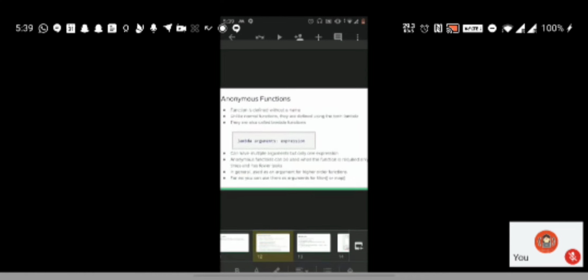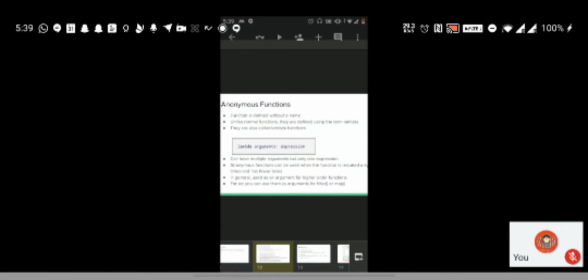I think we haven't discussed this before, so we'll take an example after this, but you can actually pass a function as a parameter to a function. Till now we have been passing parameters like integers, strings, lists, dictionaries to a function. Similarly, you can also pass a whole function into a function. So let's check an example of that.